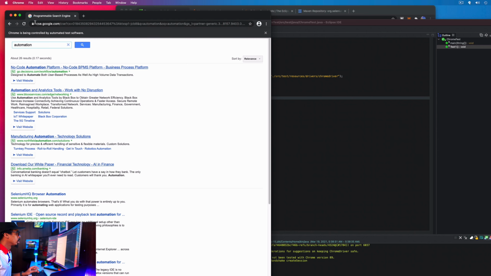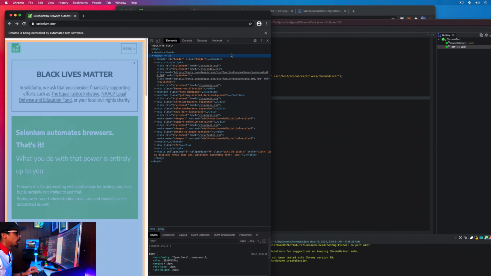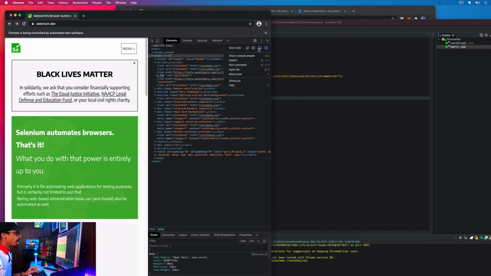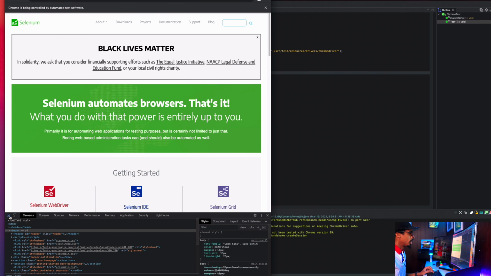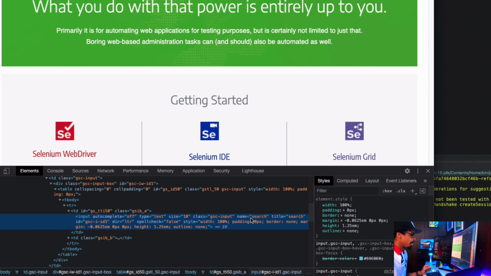So I'm just going to go back, and in order to capture this element, what I'm going to do is just inspect the page. Let's bring this at the bottom, and let's inspect this element. Alright, so if you take a look at the element, we have all these characteristics that makes up the element, pretty much the properties, and we have something called name. Name is an attribute that we can use to identify this search text box,